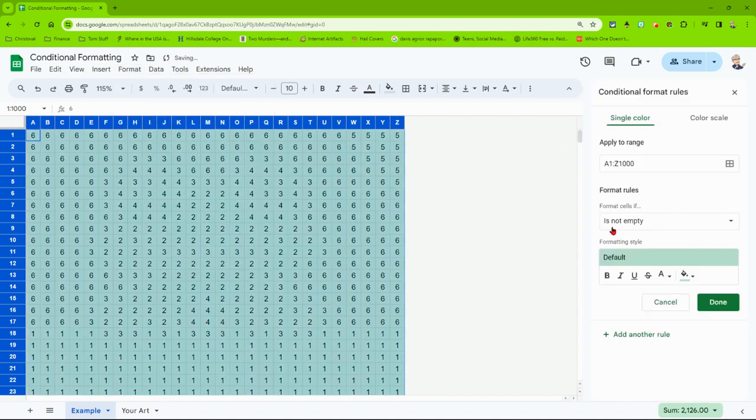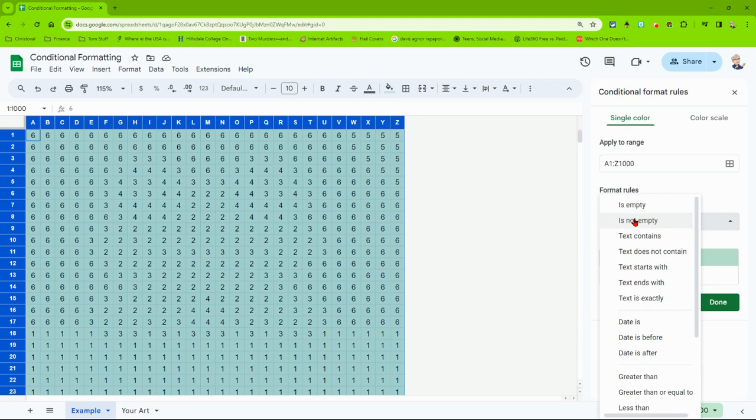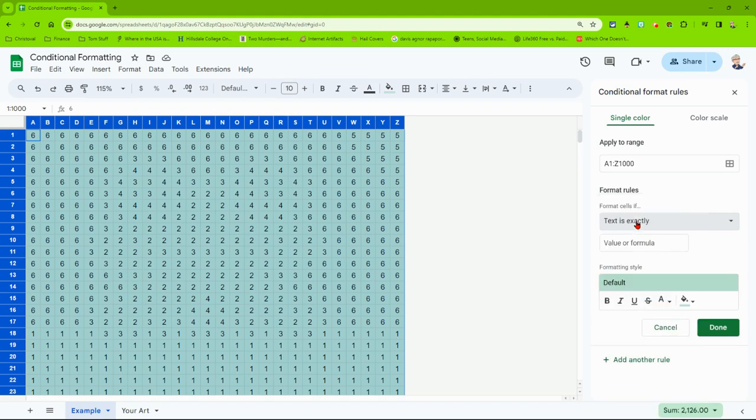It's going to bring up a menu to the right over here that says single color, color scale. Now, color scale is fun, but we're not going to do that today. We're going to do single color, and we're going to format cells specifically based on their contents. So the first thing I'm going to do is the format rules. If the text in the cell is exactly a specific case, in this case 1,